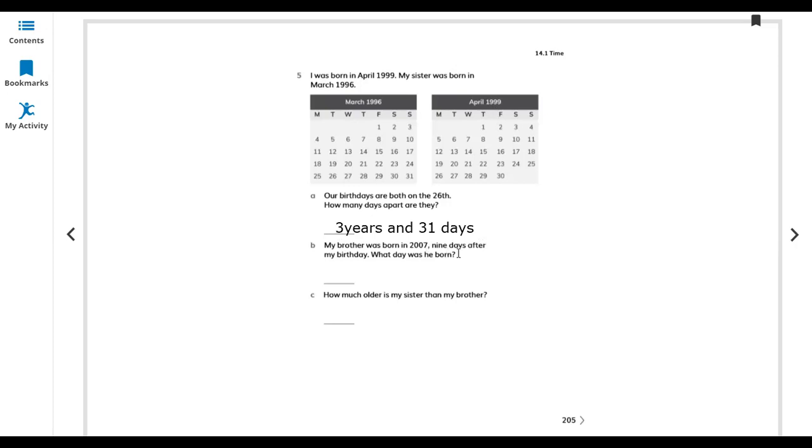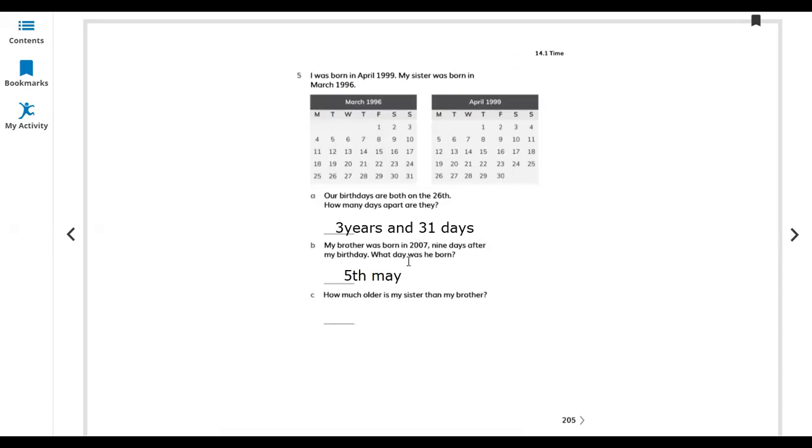So it's 2007, and what is the date after 21, 22? It's the 5th of May, because 9 days are extra, so we are writing here 5th May. If you want to write the year, it's